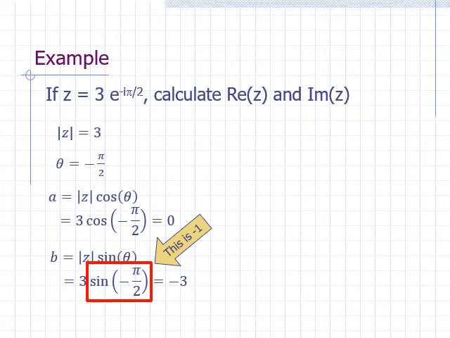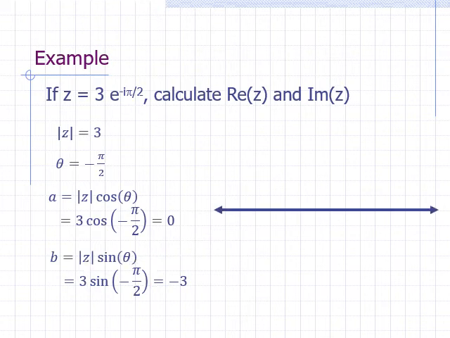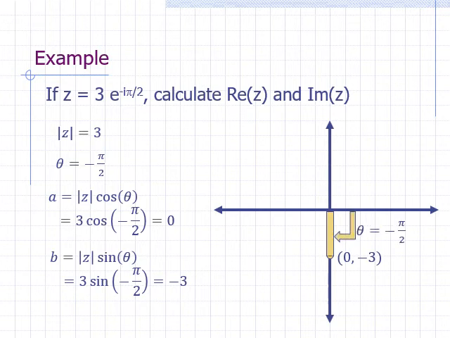Let's locate this number on the complex plane. Here's the real axis. Here's the imaginary axis. Here's the point corresponding to the complex number. The real part is 0 and the imaginary part is negative 3. You can see that it is 3 units away from the origin. Here's the line between z and the origin. The angle between this line and the positive x-axis is negative 90 degrees or negative pi over 2 radians, as expected. By convention, we assign negative values for angles measured in a clockwise direction from the positive x-axis.